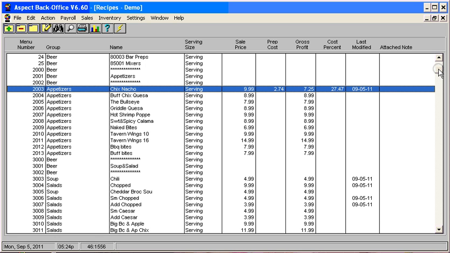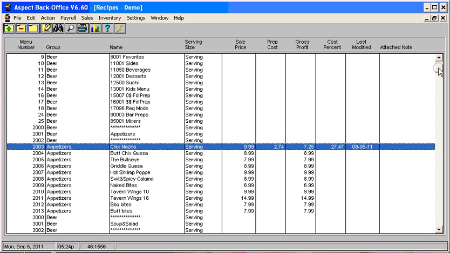These recipes can be used for plate cost, and you can get as detailed or as basic as you want. You don't have to start off with every individual spice. A lot of people use this simply to calculate high protein items, high dollar items, or just their alcohol. The more detailed you get, the better your legitimate cost is. But how you use this is completely